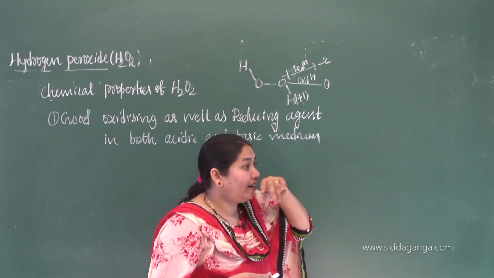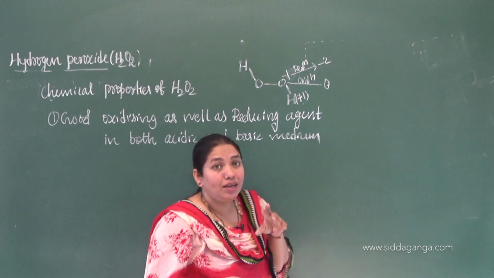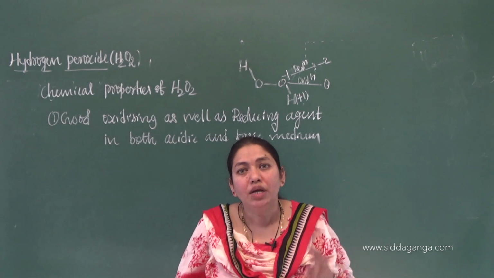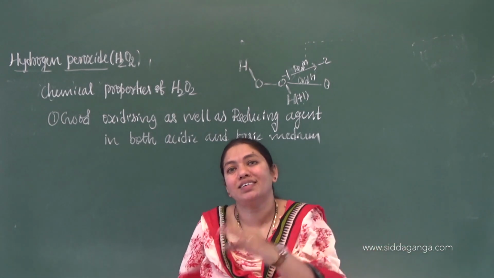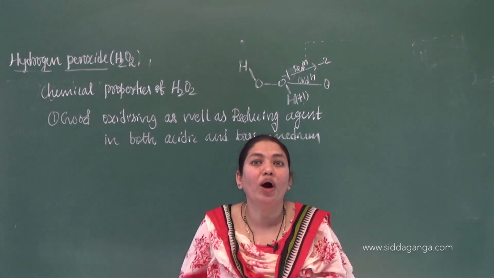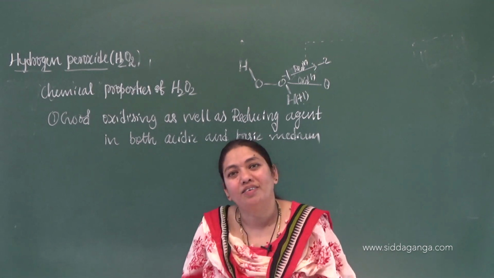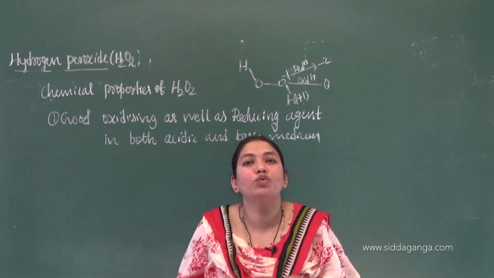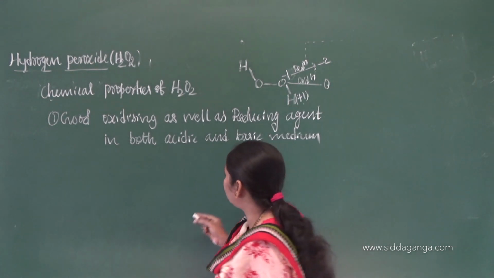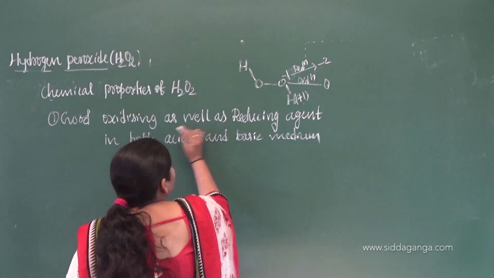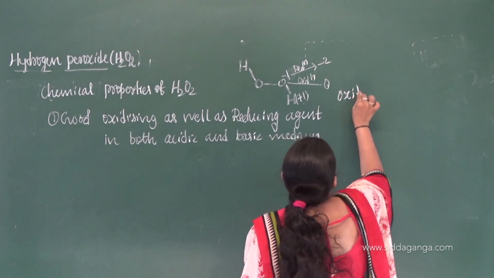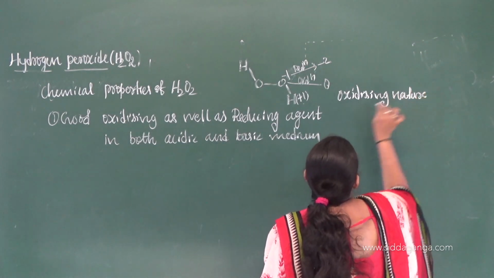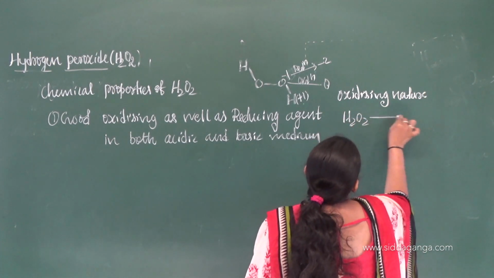Similarly, if hydrogen peroxide is a very good oxidizing agent, what should happen? It should reduce itself and oxidize others. It should reduce itself, meaning to what is it reduced? It reduces to water. Whenever it acts as an oxidizing agent, it oxidizes others and itself reduces to water. Very important concept: if it is acting as an oxidant, I will write here, oxidizing nature of this hydrogen peroxide means it should be converted to what? Water.